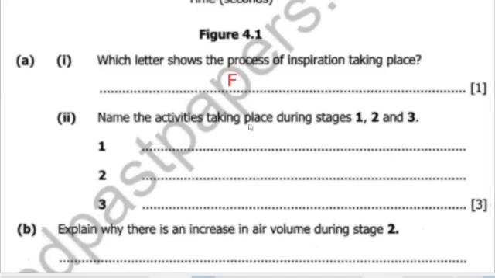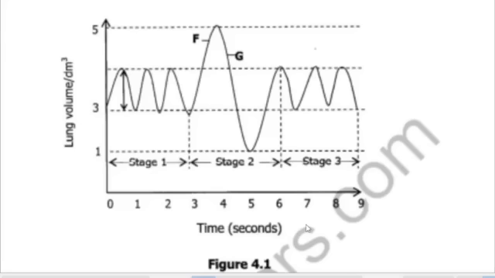So we now come to question A2. Name the activities taking place during stages 1, 2, and 3. So in order for us to answer, we need to look at the diagram so that we identify these stages. Alright, so this is the diagram. We have stage 1, stage 2, stage 3. Okay, so when you look at the lung volume of air, the way it's moving right here, and when you look at the time from here to here,